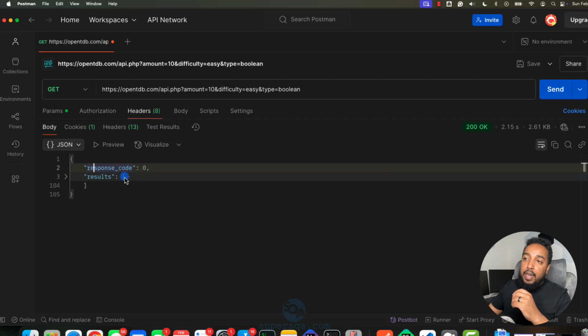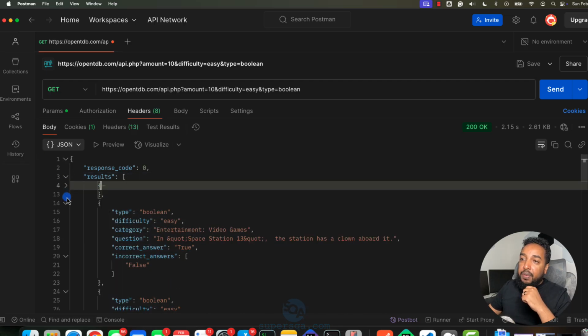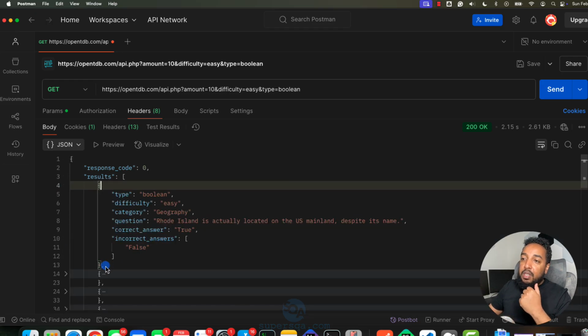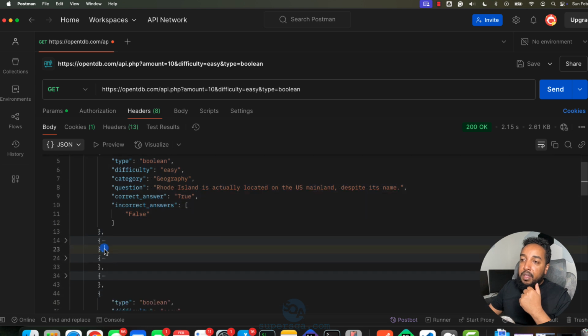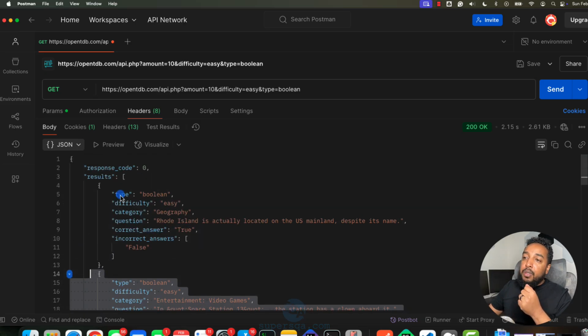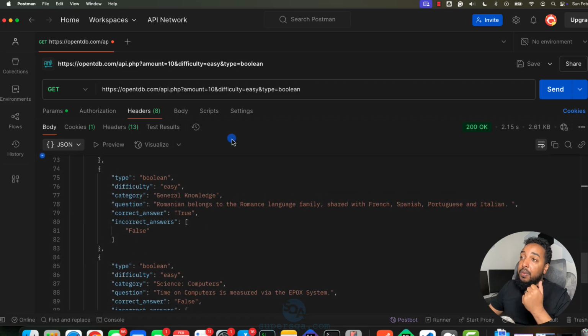Then we have a result that has an array, a list or an array. If you're a Python guy, that would be a list. In any other language, you would call this an array. So it's a list, okay? Inside of it, there are a bunch of other dictionaries, or JSONs, I can say. I'm a Python guy, so I'm going to say dictionary often. So you see that this is one trivia question, this is another trivia question. I need to expand it and collapse it. Collapse is the right word. I need to remember that. So here we have one trivia question, another trivia question, another trivia question, and there's 10 of them because